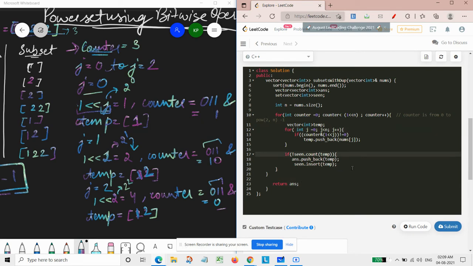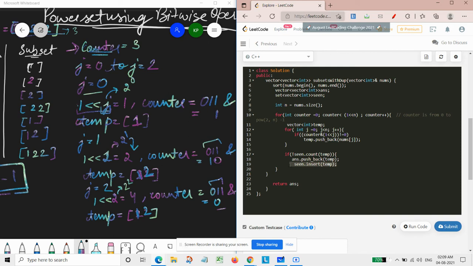And then for removing duplicate values, we are simply maintaining a set. In this set, we would be storing vector of int. Basically, our temp is also of the type vector int. So we will be storing this temp in our seen set. First, we check whether it is there already or not. If it is not there, then we will be simply pushing it to our answer vector of vector, and then we will also be adding it to our set.